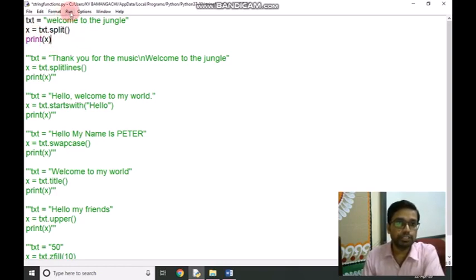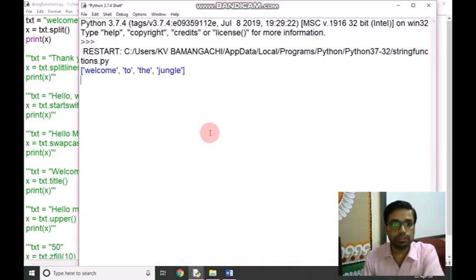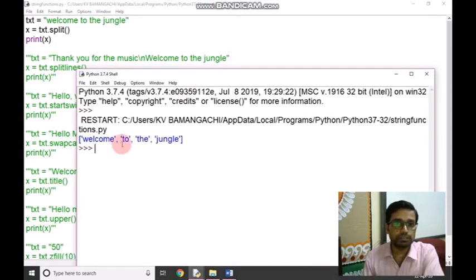It will split the string into a list. If we run this program, we will find the words in a list: welcome, to, the, jungle, because each word is separated by a space, so it takes space as the separator, and it is a list.